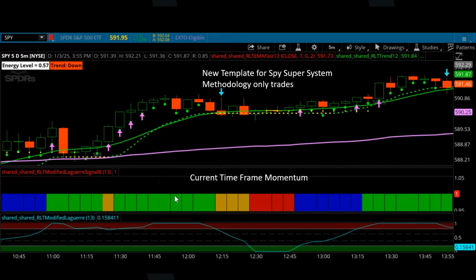This is for folks who just want to trade the SPY Super System. In other words, just quick type trades on the indexes, the futures, or any stock. This is all you really need. This is the current time frame momentum. This is critical. The VWAP is critical. The 15 EMA is critical, and pivot point, which we don't have on here right now, is also viewed. So this gives you all that information on just the 5-minute candlestick. That's all you're really interested in for this, what we're going to be talking about tonight, which is SPY Super